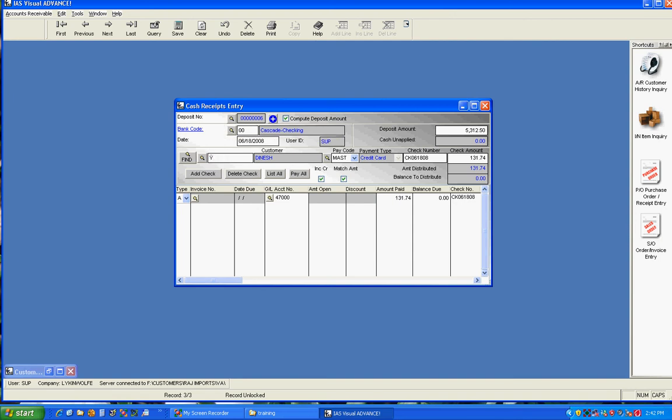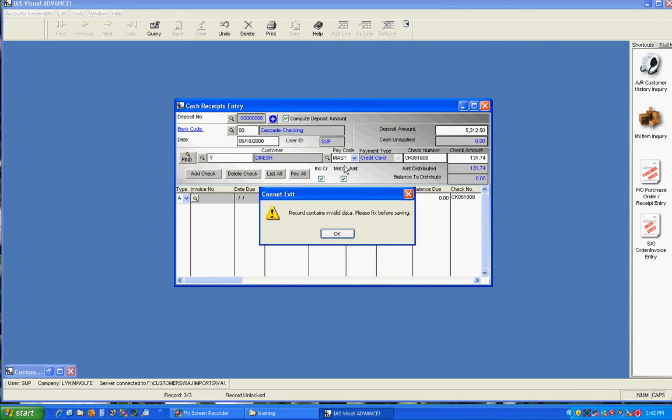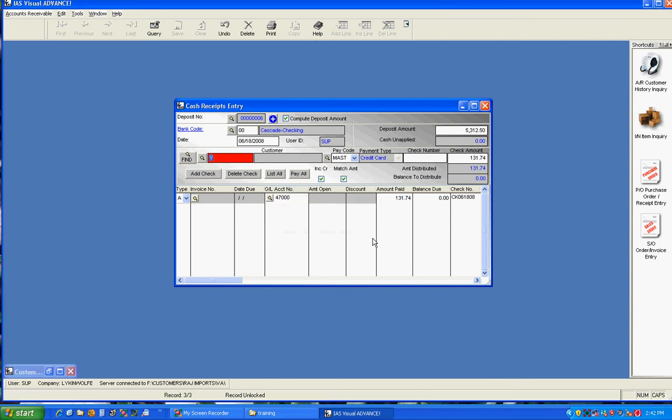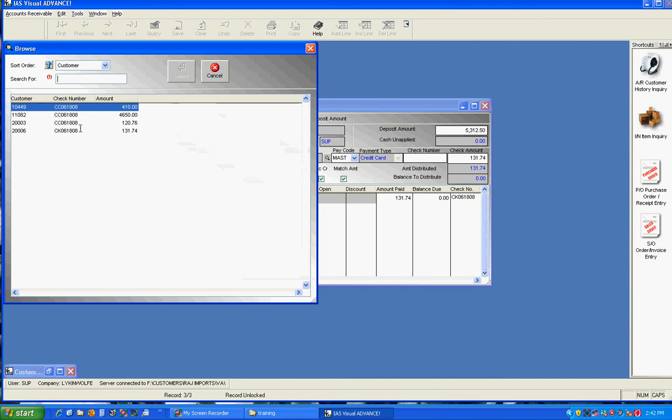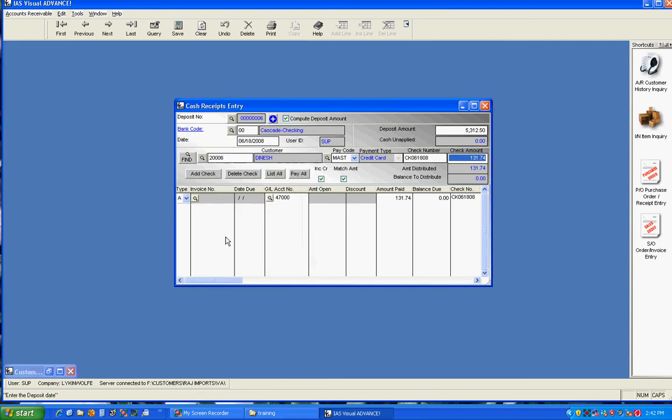So I'm going to hit F3. Oops, I made a mistake. So I'm going to hit cancel. I want to open up that one check that I was just working on. To do that, there's a little magnifier right here. You see this? Yeah. And it shows me it's right there. By clicking on it, it'll bring it back up on the screen,